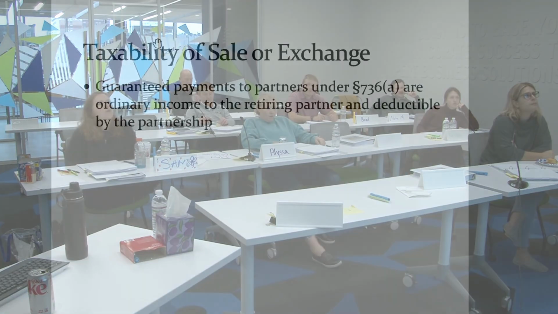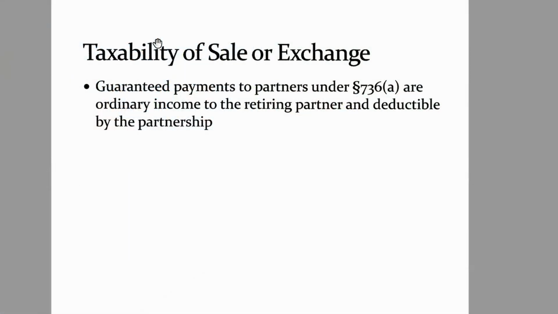Okay, so this must be specifically, they were talking about redemptions. Guaranteed payments to partners under 736 or ordinary income to the retiring partner and deductible by the partnership. So there's a rule, which I'd be surprised if Mr. Kennedy ever followed it. I've never followed it, because there's always a presumption